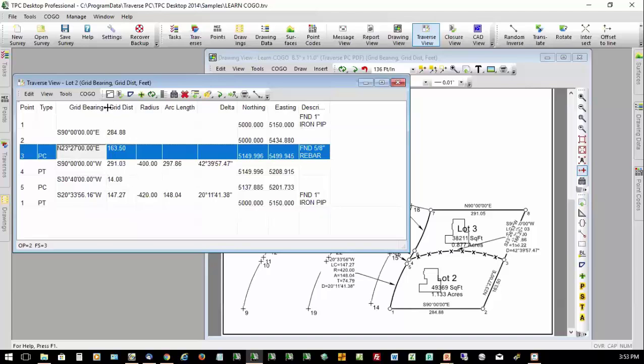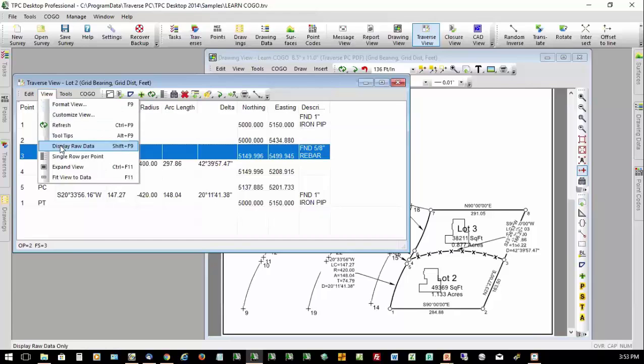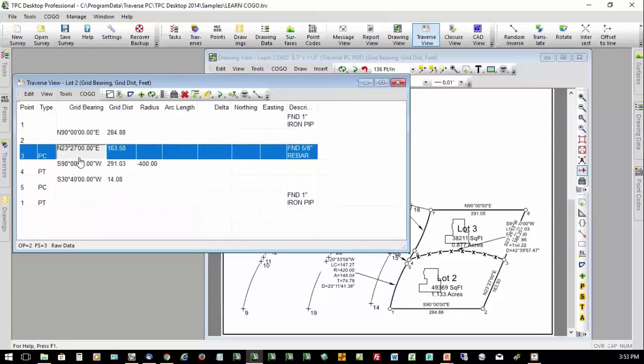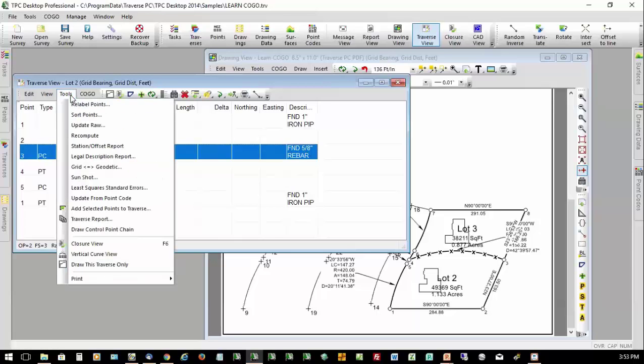The very first thing you should do is take a look at the raw data and see if what you just entered is there. If it is, which it should be, and I would bet it will be, all it means is Traverse PC did not, in this particular situation, for whatever the reason is within that algorithm inside the programming, recompute the Traverse. That's all it means. So all you need to do in that case is either go to Tools and choose Recompute, or click this button on the button bar to tell Traverse PC to recompute all the coordinates based on